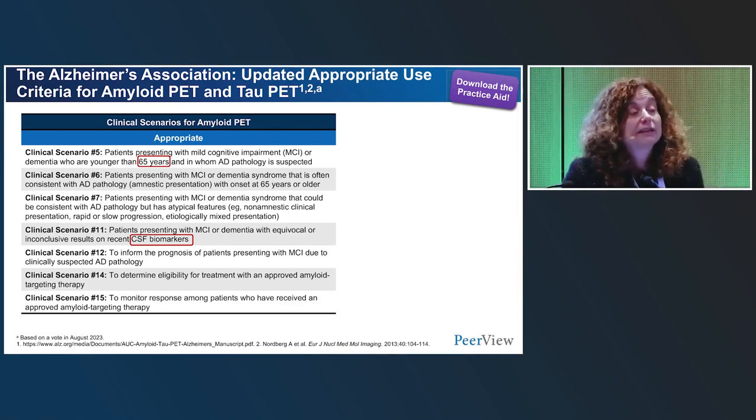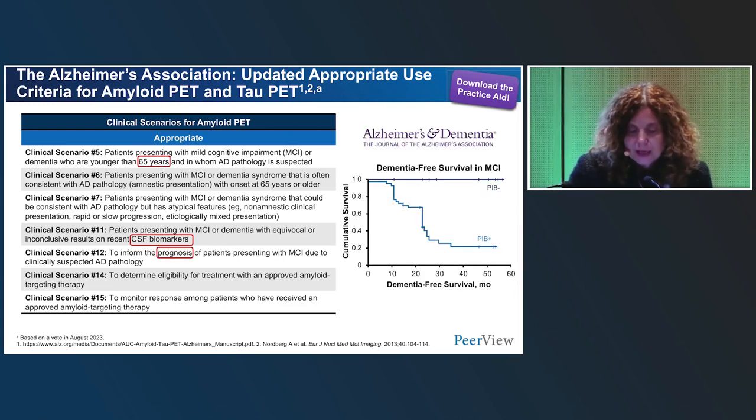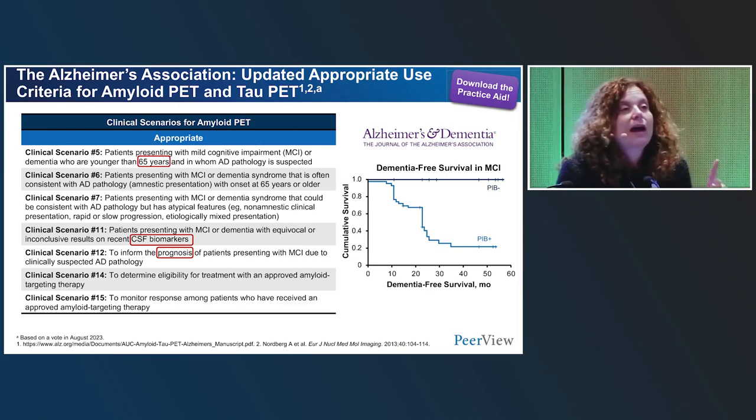We have some appropriate use criteria that we expected already present in the past. So we know that the value of this tool is more prominent in younger patients, ideally below the age of 65, but even a little bit older for sure. We know that we have a lot of value in case of inconclusive fluid biomarkers results or when they are not available. We know that amyloid PET can provide information about prognosis, as I showed you before,